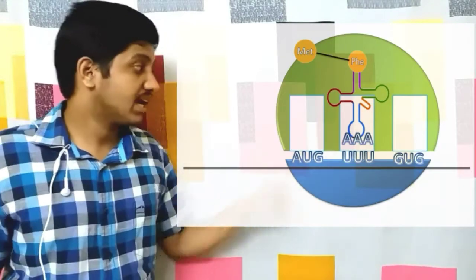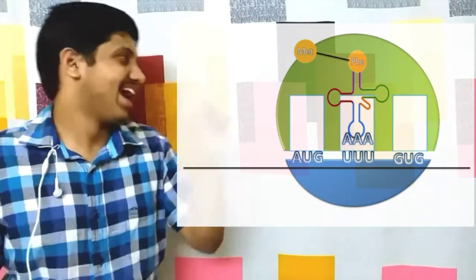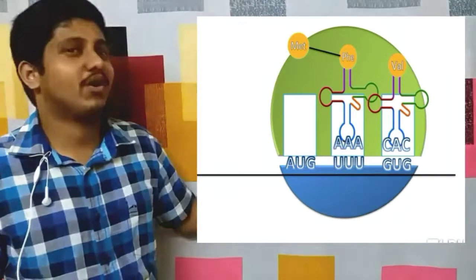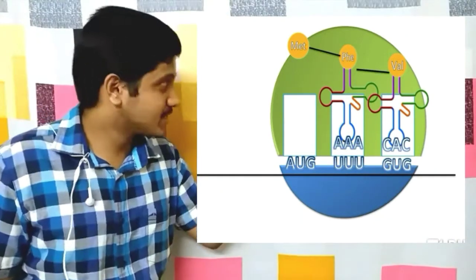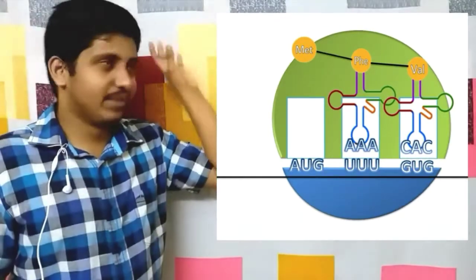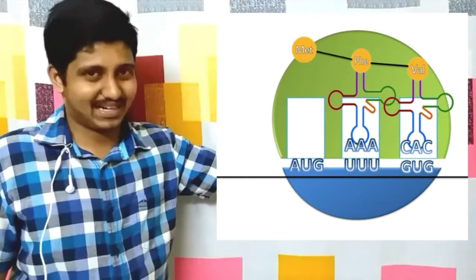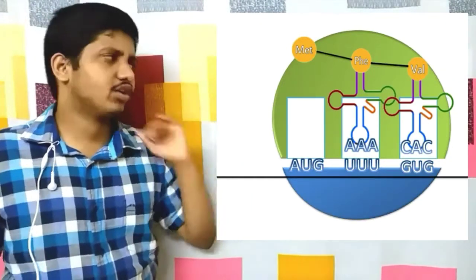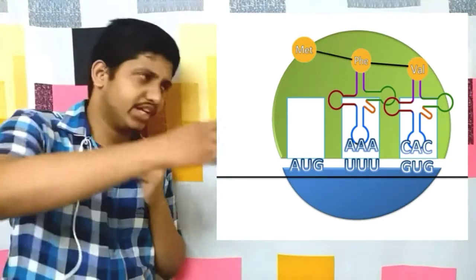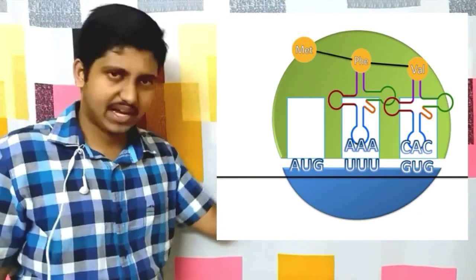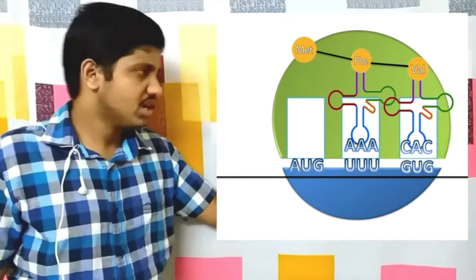Here we have the GUG, which stands for valine, and hence the corresponding valine tRNA comes and attaches to this A site. A peptide bond is formed with the action of peptidyl transferase, and hence we have a protein chain with methionine, then phenylalanine and valine. Similarly, the process goes on and on, that is, it then reads the next codon.